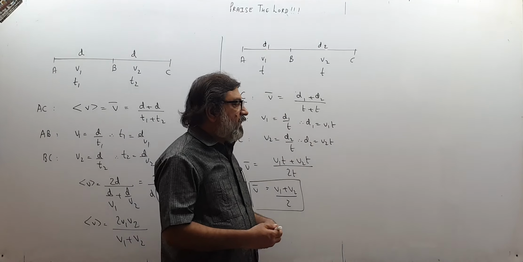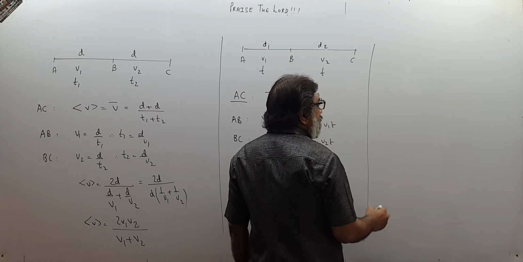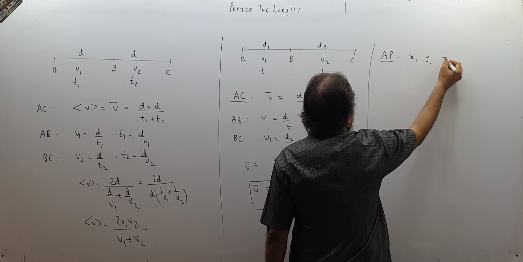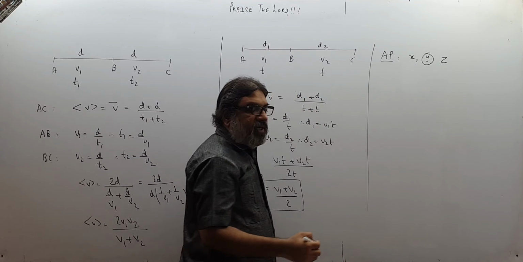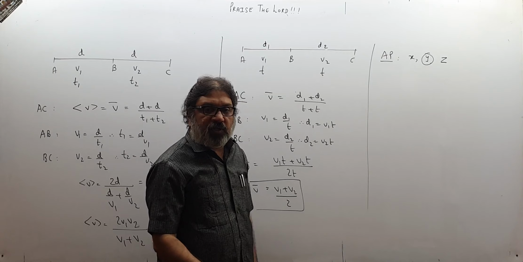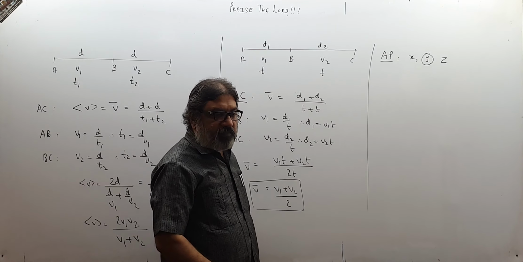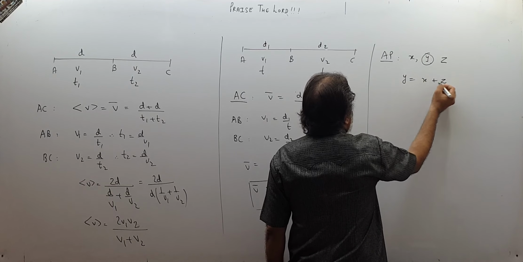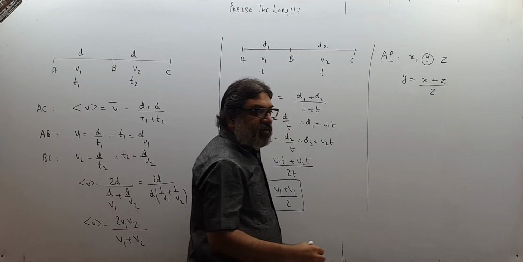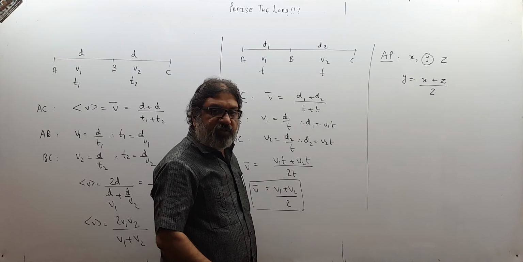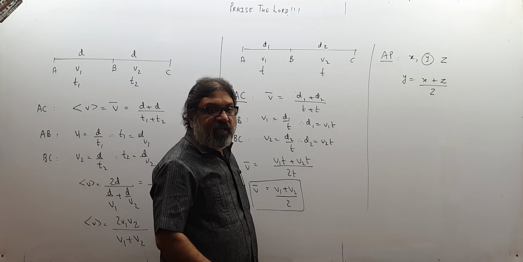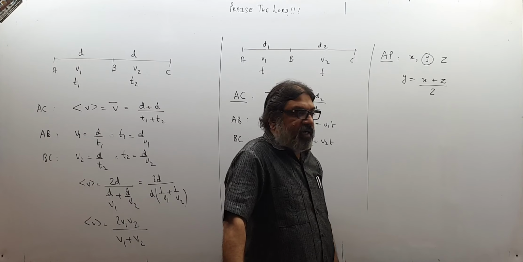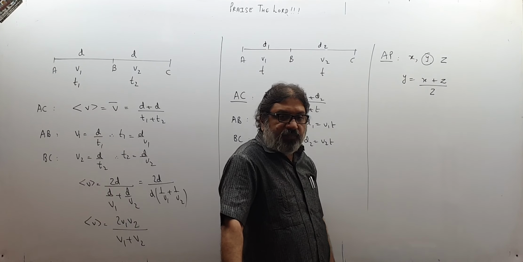So please understand that if there are three numbers in arithmetic progression x, y, z, then the middle number is called the mean, and because it is arithmetic progression, it will be called arithmetic mean. So y will be equal to x plus z upon 2 if this is an arithmetic progression. This you have studied in class 10 also. If x, y, z are in AP, the middle number will be called the mean because it is in the center, and its value will be y equal to x plus z upon 2.